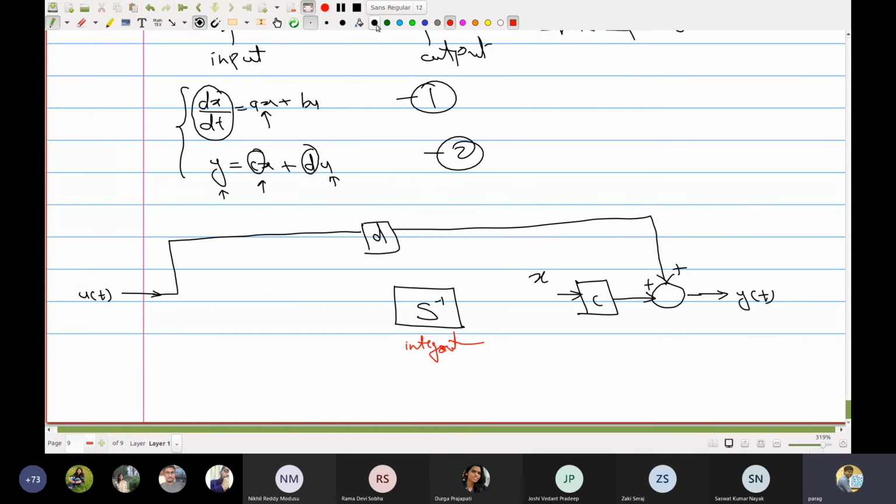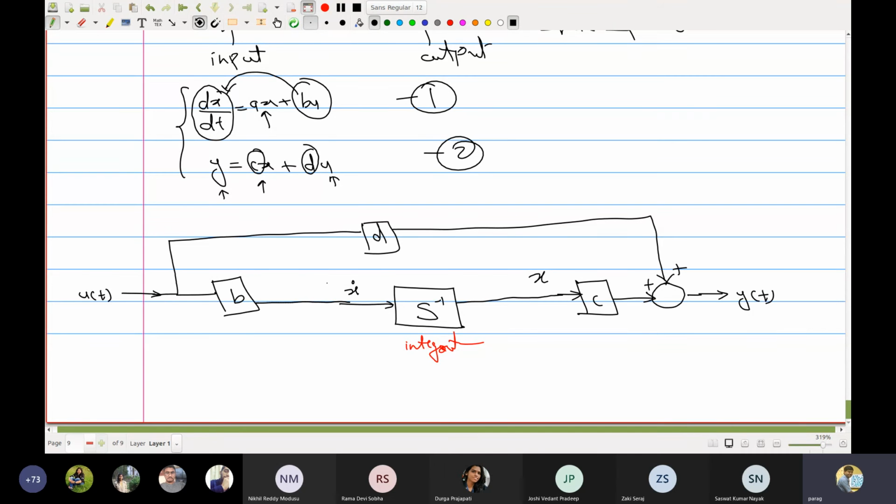Now what must you be integrating? You must be integrating x dot, the derivative, right? So when you integrate x dot, you get x. So therefore now you have an x, right? And now what about this contribution? When you give u to b, you get dx by dt. Therefore, you must be having a b here to give you dx by dt, right?